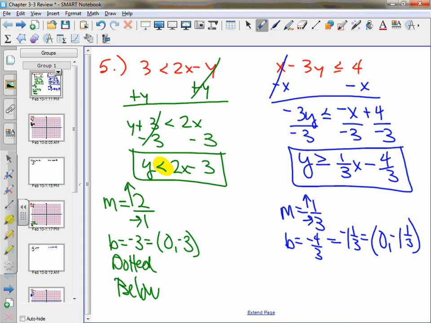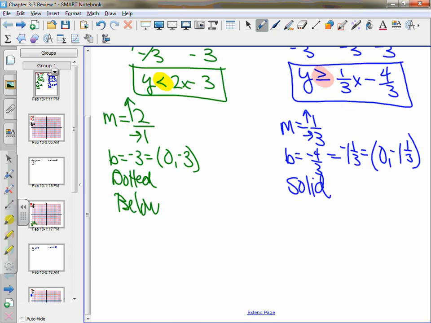Thank you. Is the line solid or dotted? It's going to be solid. How do I know it's solid? Because it can equal it. So therefore, since it can equal it, I have the solid symbol. And is it shaded above or below? It's above because it's greater than. The numbers larger mean above. Correct? Okay, so now that I've solved everything, and I got all the information I need on it,